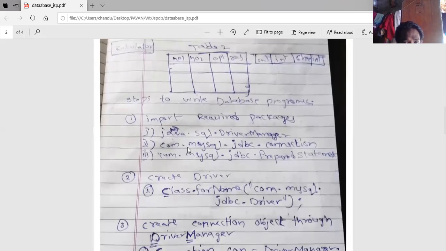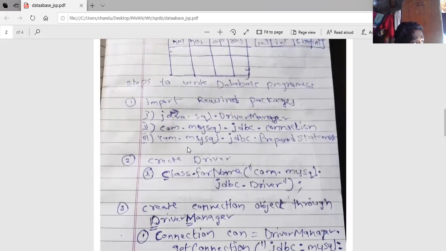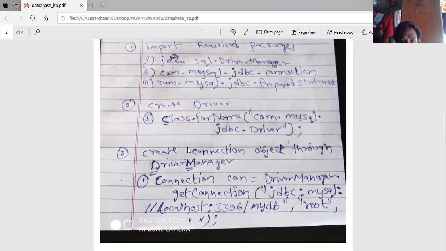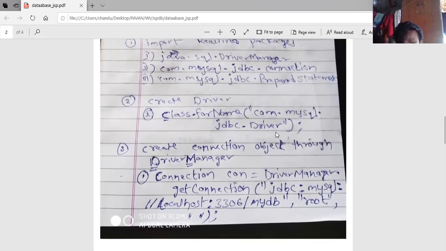Next, the steps to write the database programs are very important. Step one, import the packages. Step two, create the driver. Class.forName("com.mysql.jdbc.Driver"). In every program it is the same.